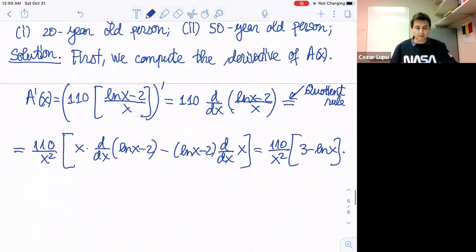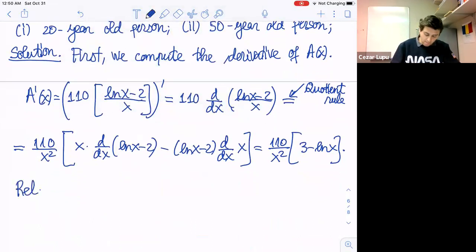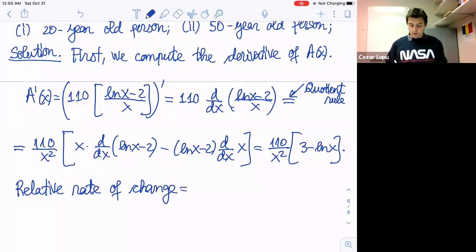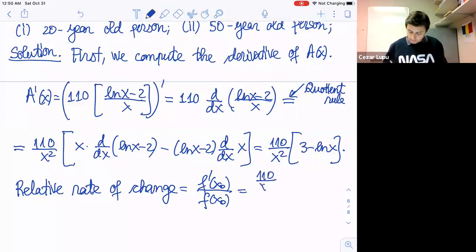So we have that the relative rate of change is the derivative f prime of x naught over f of x naught. And now we have to evaluate this. Well, we can write this. So this would be 110 over x naught squared times 3 minus ln of x naught, everything over